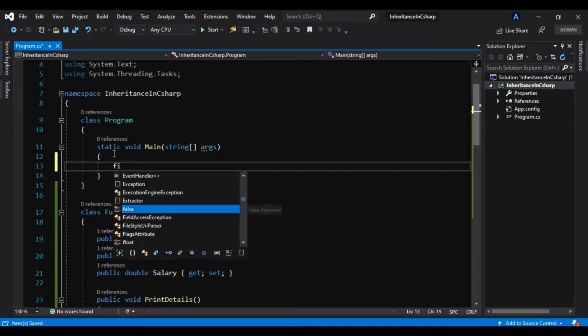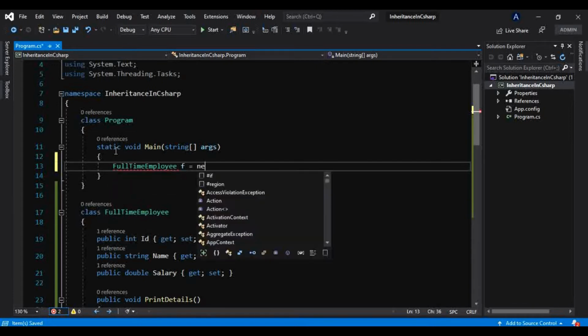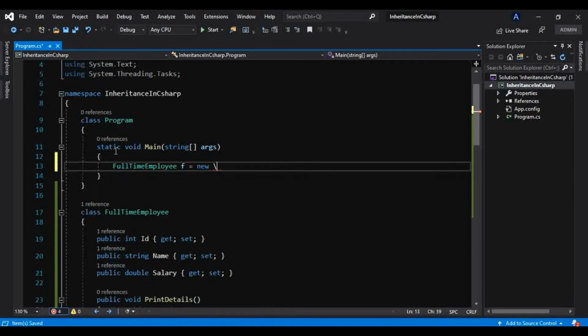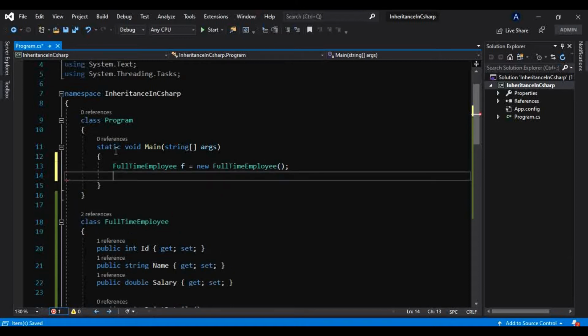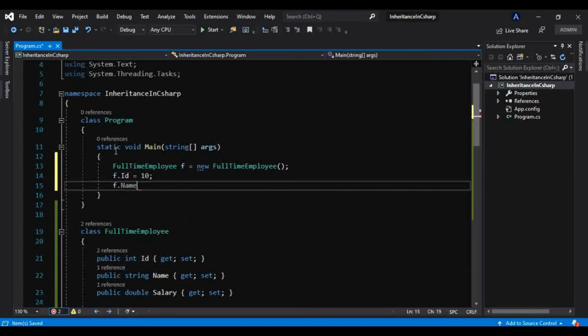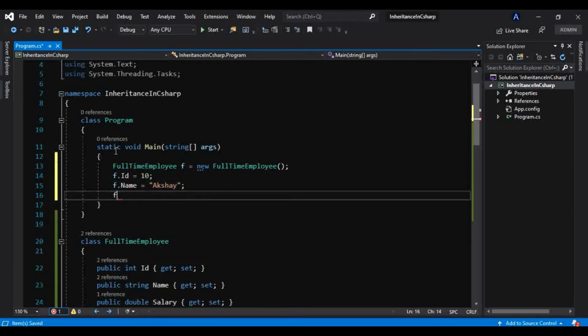First of all, the full-time employee: f is equal to new FullTimeEmployee. Let's first initialize the fields of the full-time employee: f.ID is equal to 10, f.Name is equal to Akshay, and f.Salary is equal to 50,000 maybe.